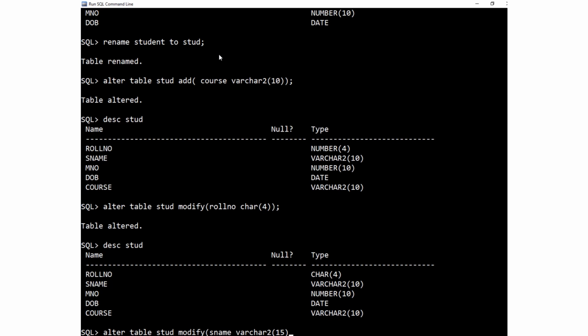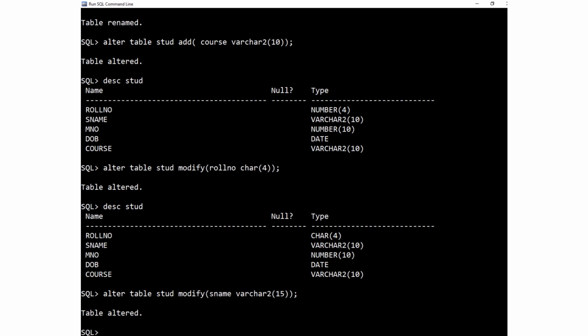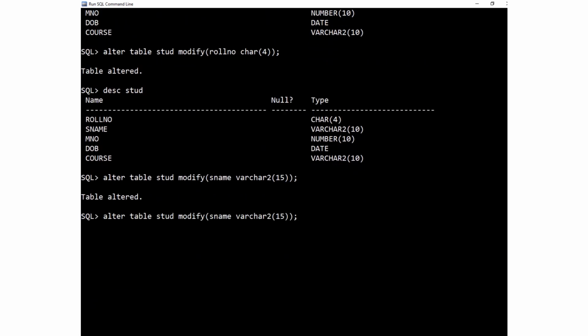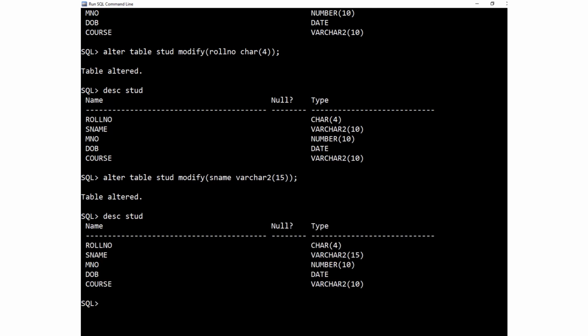So the size of the student name is increased. In the previous example, it shows student name with varchar2 of 10. Now it can be 15 characters in length.